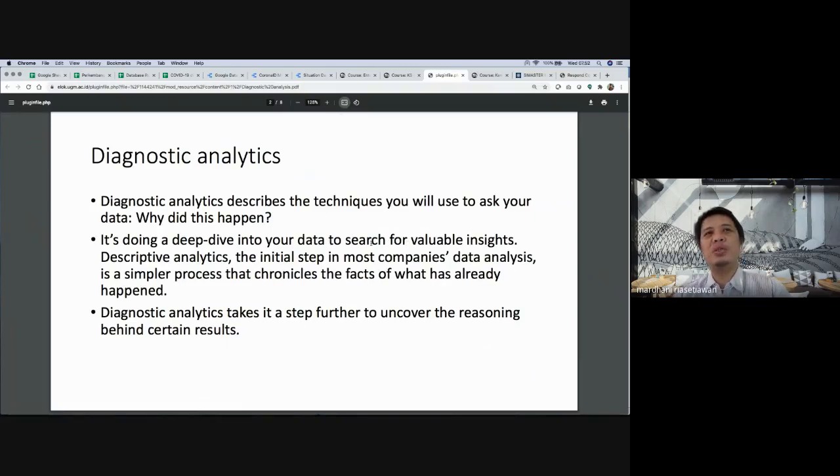So in diagnostic analytics, you dive into your data and search for the valuable insight of your data. Some of them use advanced descriptive analytics here. It is like a simple process that chronicles the facts of what has already happened in the event.